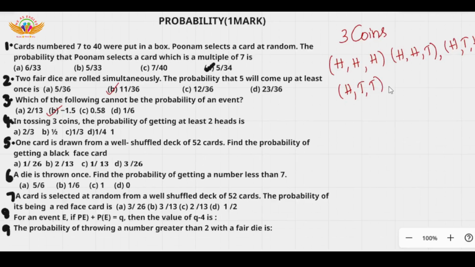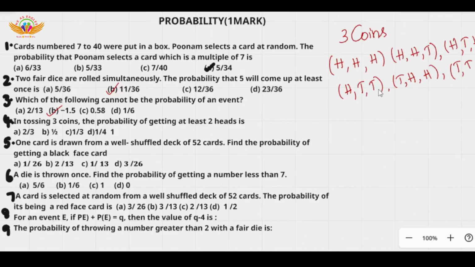The first coin I'm now choosing as tail. The first coin is tail and the second coin is head. Okay, and again head. Just changing this. See, the first coin I'm going with the tail, and second and third coin I'm going with the tail and head. Just write the opposite of this first four.